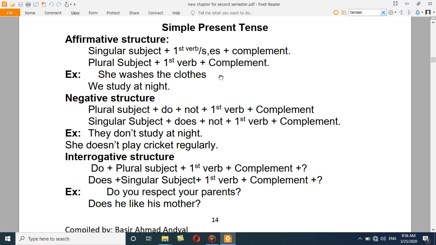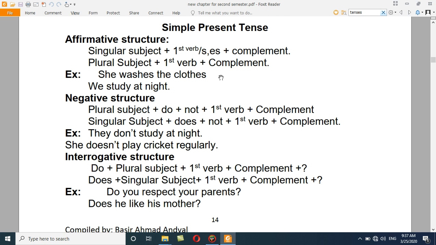Kamo subject singular usigi he, she, it we ya mufrad num usigi Ahmad, Mahmud, Laila da gas usi دا به اخلو جمع base form of the verb او د verb سره یا به s ملګری کوو یا es ملګری کوو plus complement. د es یا د s قید مخ ته راځي بلول. خو که plural subject اوسیږي are you they اوسیږي یا plural nouns اوسیږي like احمد محمود، بلال جاوید، کامران لیلا، که دغسې اوسیږي بیا به نو base form of the verb اخلو